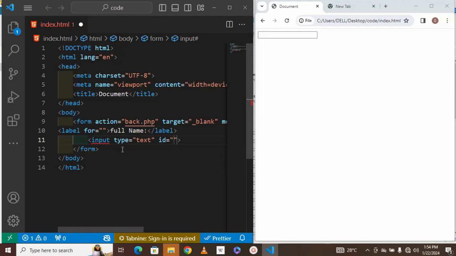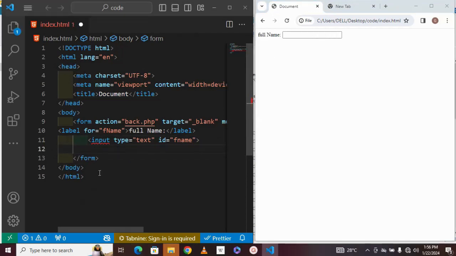Whatever name you put inside of the for is the same you're going to apply inside of the ID. So I'm going to give it, let's say, F name. The same will be here, F name. So when I refresh,